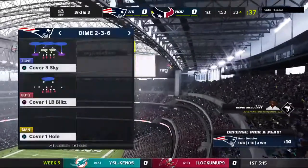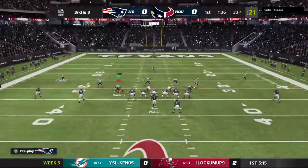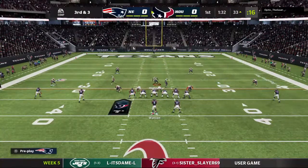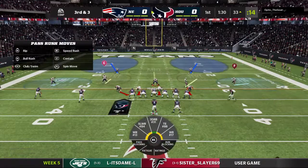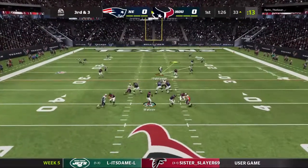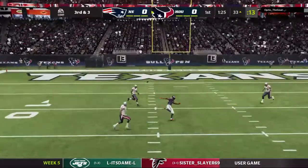Now that call makes sense because they've been throwing it well on this drive, and once again they show passing formation, showing the shotgun. Then they ran out of it. That's a nice play by them defensively, though, to hold it to a short gain. Watson on 3rd down. And that is